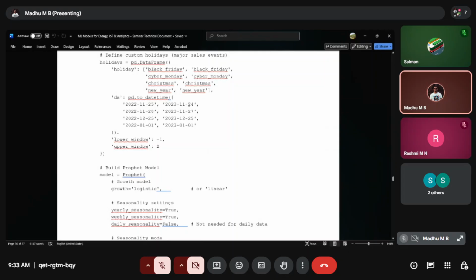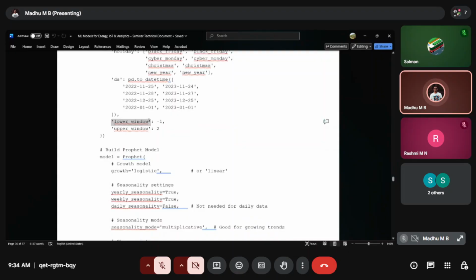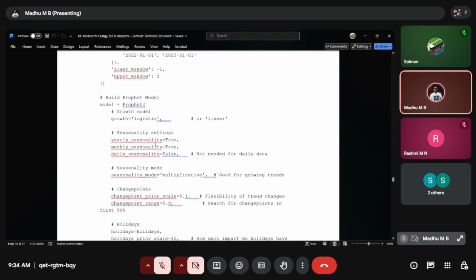This is where I wanted to define the off seasons. In a similar fashion, if we are implementing this for energy consumption, we can give Diwali or Christmas and New Year, where the energy consumption will vary and the demand will be much higher. That is one thing, and I am defining the upper window and the lower window for the scores.